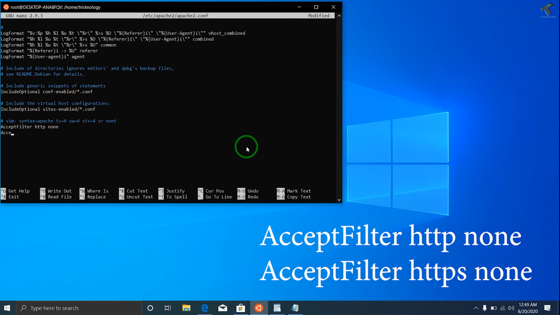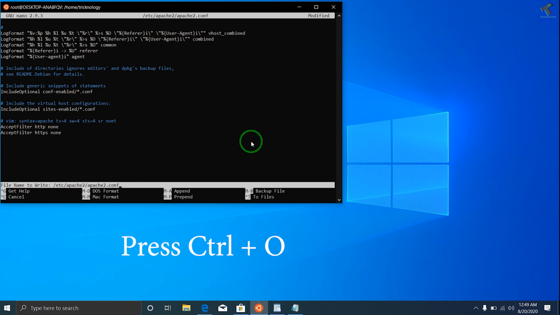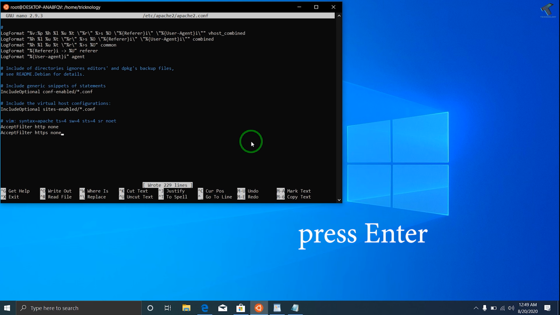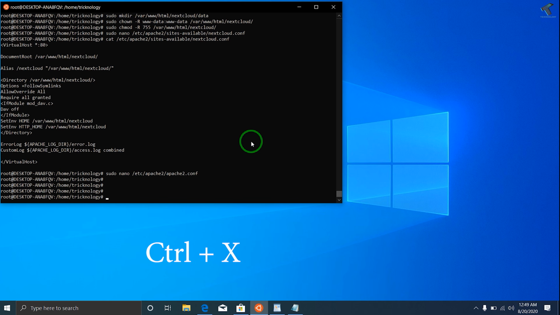Another one is accept filter https none. Okay, and after that press Ctrl O together on your keyboard and press enter. Once again you have to press Ctrl X, and after that you can check whether this file is successfully saved or